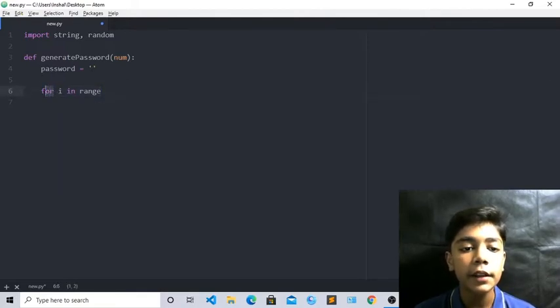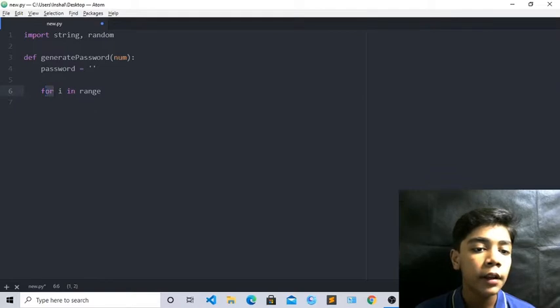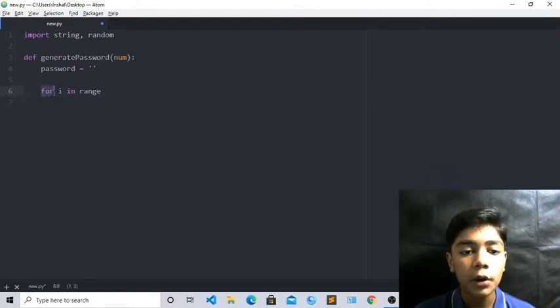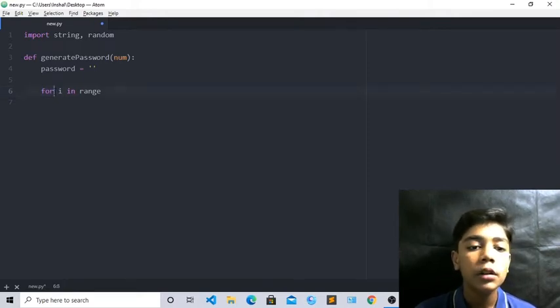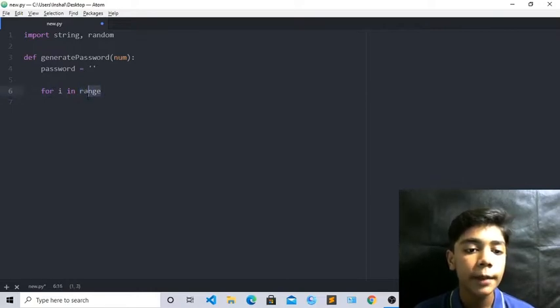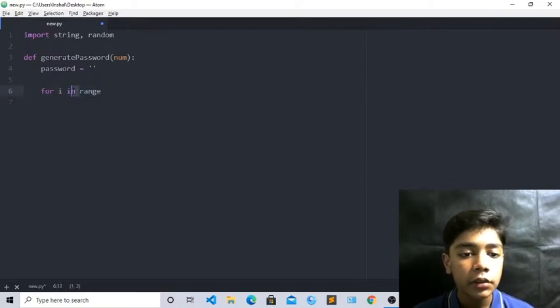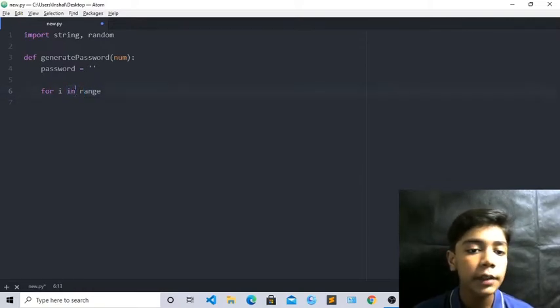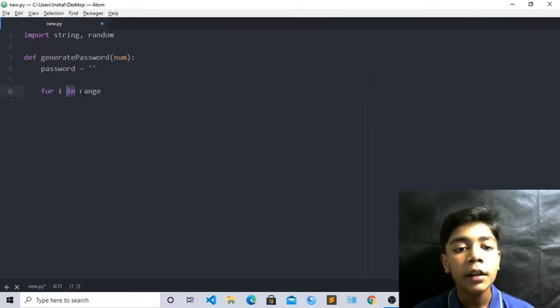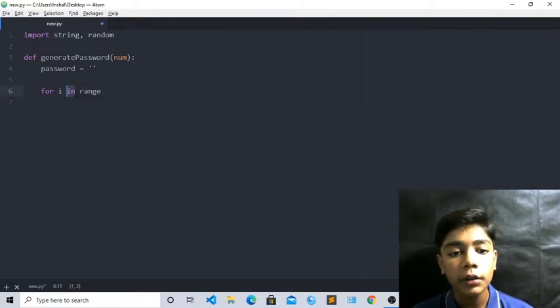We have used this for tag in many things, like when we were building the car game. It is used for statements like if statements, as we have worked with it. So this for is used in if statements, okay. And you also know about this range tag because we also used it in many things, and the in tag also. This is only one small tag, but it has really big importance in Python and does really big work in Python, okay.